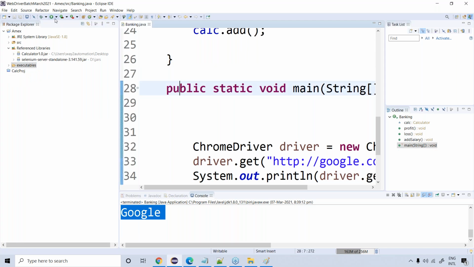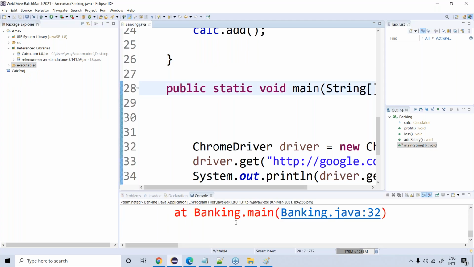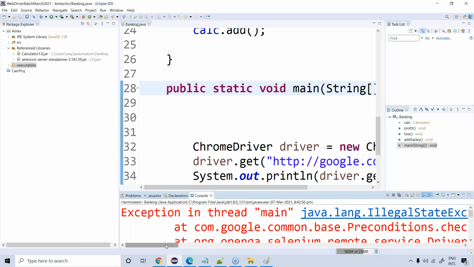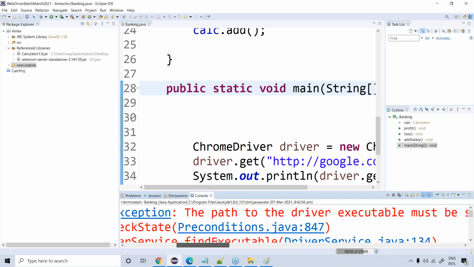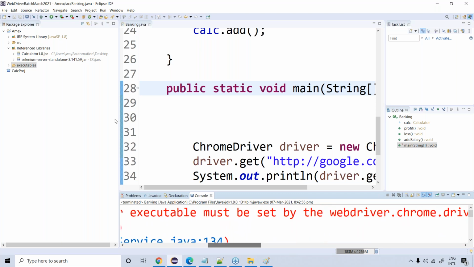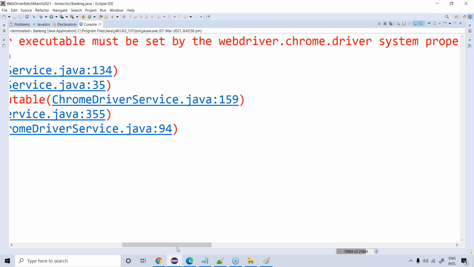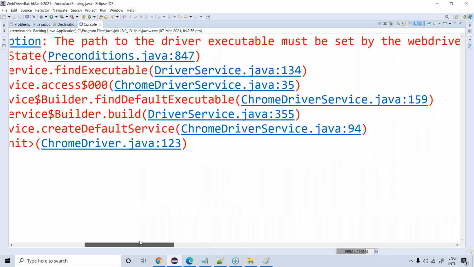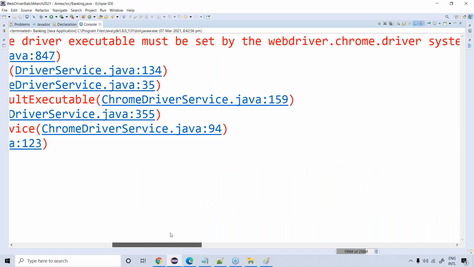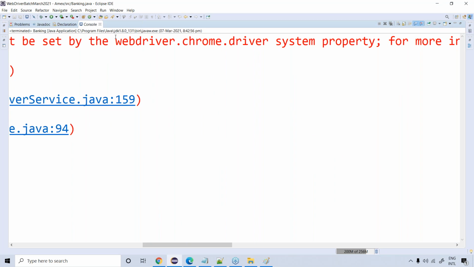But let's say if I run this code again, it has thrown another exception: the path to the driver executable. Why? Because now it is not in the root, right? Not directly inside the root. It is there inside some folder. So what we need to do, if you look at this message, it says the path to the driver executable must be set by